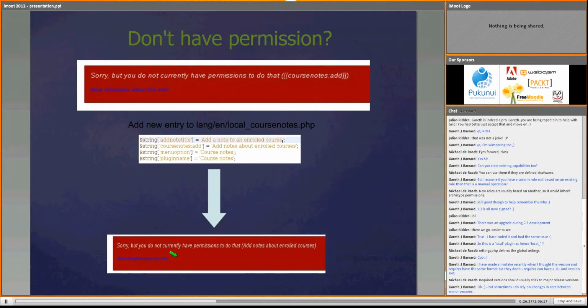Alright, so this is an error message. What's happened here? I didn't have the permission, the capability that we just created. So what I've done is I've added the capability to the language string. Now this is the same with all plugins. When you're creating a capability, you're going to have to add it to the language string in order for these